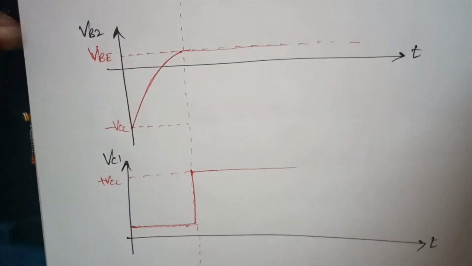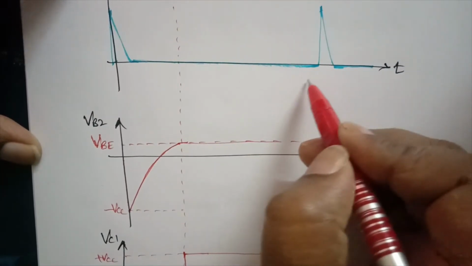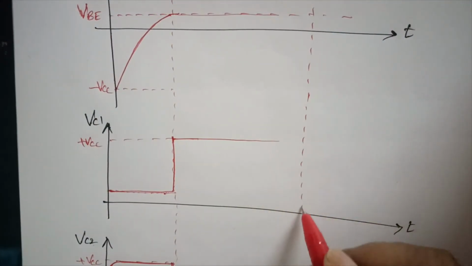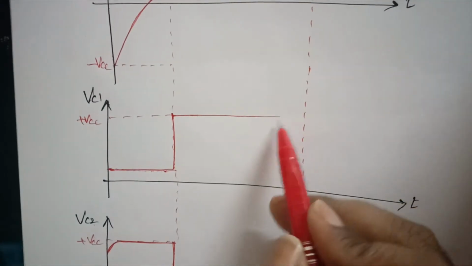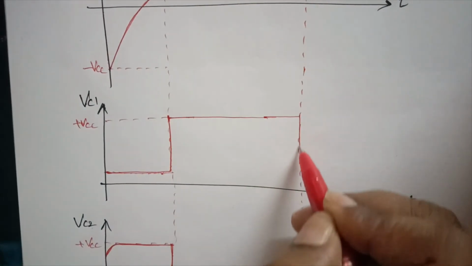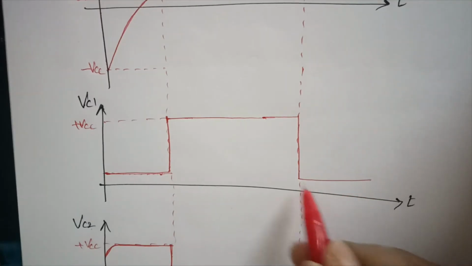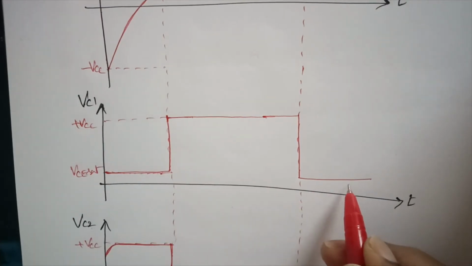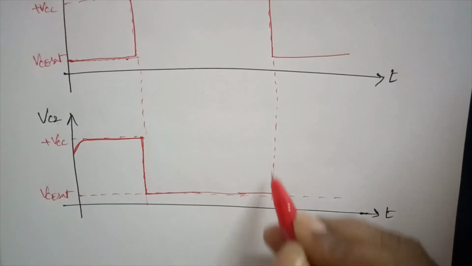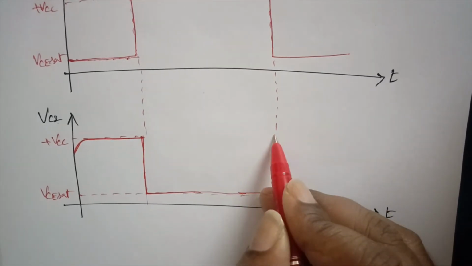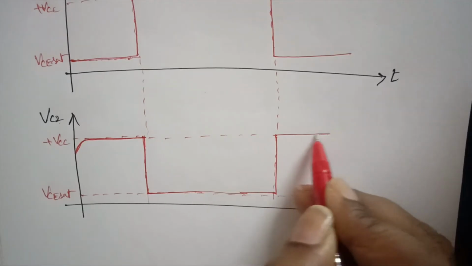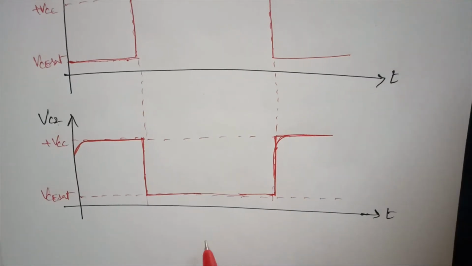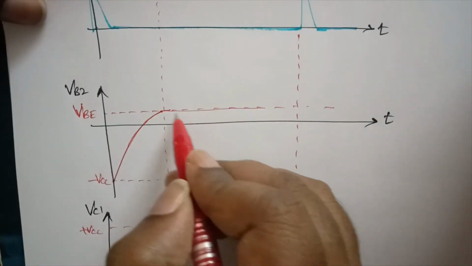So again when we apply the external trigger at this point, what happened? Q1 is on. Once Q1 is on, what happened to the output voltage? It falls down to VCE sat, that is 0.2 volts for silicon. At this point what happened to Q1? Q1 rises to VCC. It is not abruptly changed, it is curved. VCC.